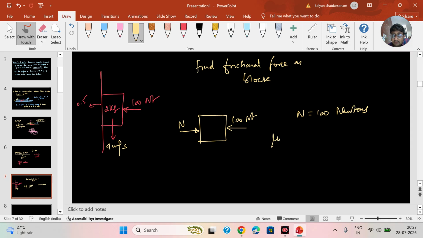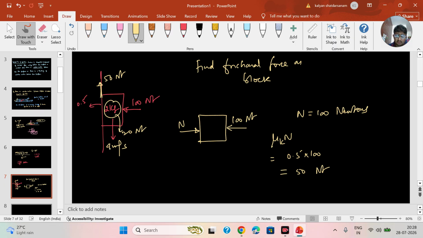So what will be the kinetic friction? Mu k into N. Mu k is given to be 0.5. N is 100. So it will be 50 Newtons. So there is a kinetic friction of 50 Newton acting. What about the weight? Weight is only 20 Newton. Now you might be thinking, sir, how come upward force is 50 and weight is 20 and the block is